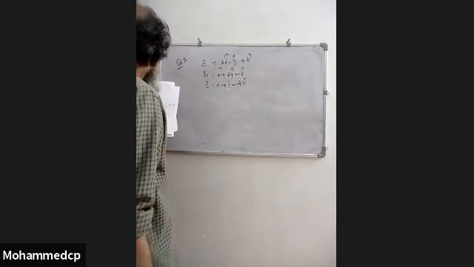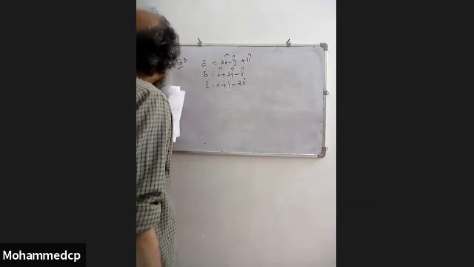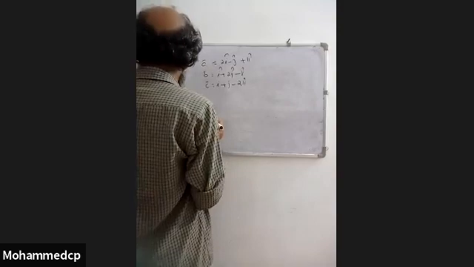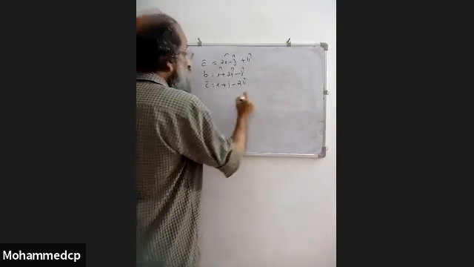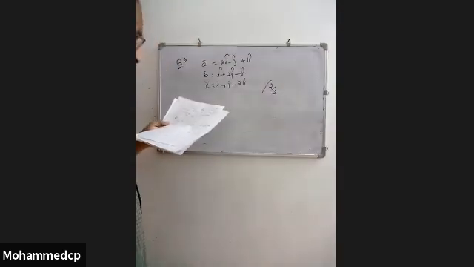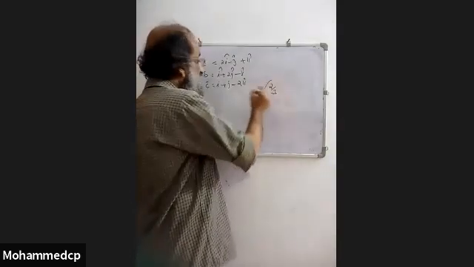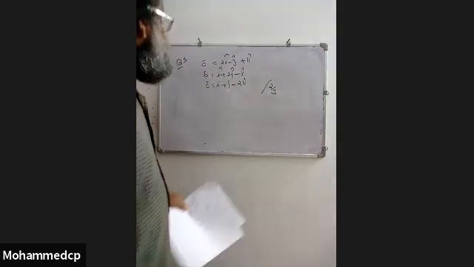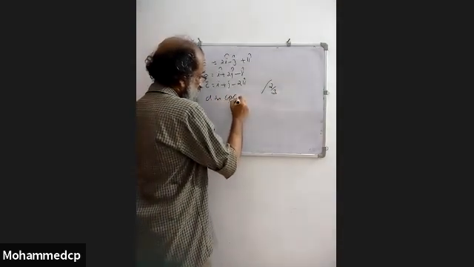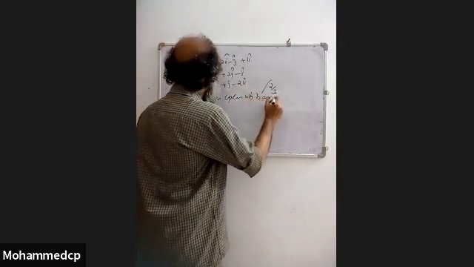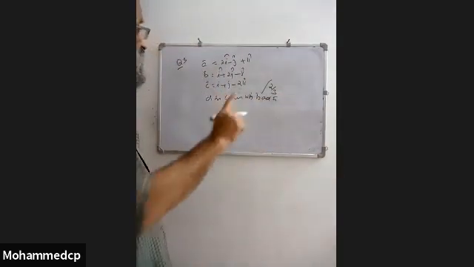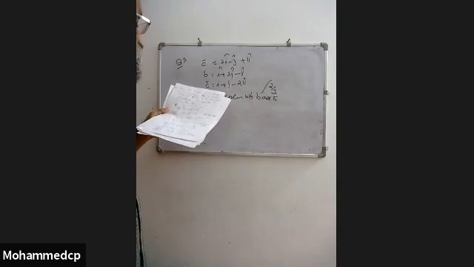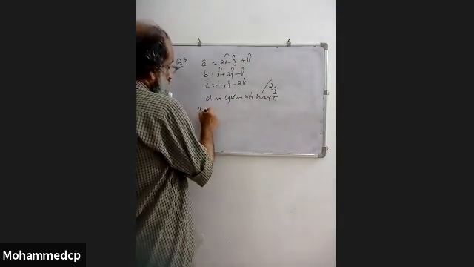The projection of a vector, you can call it D, on A is root of 2 by 3. And D is coplanar with B and C. Projection of a vector D on A is root 2 by 3 and D is coplanar with B and C. Then D is, or possible D is,